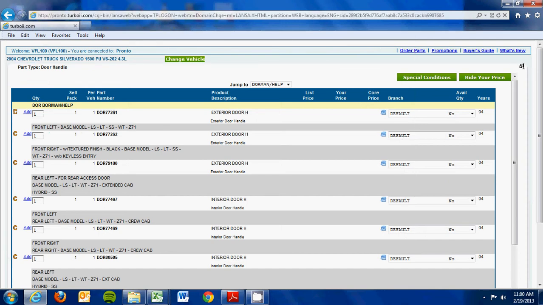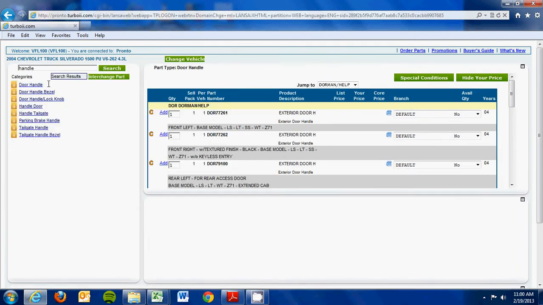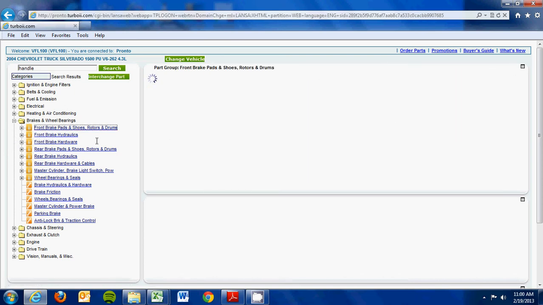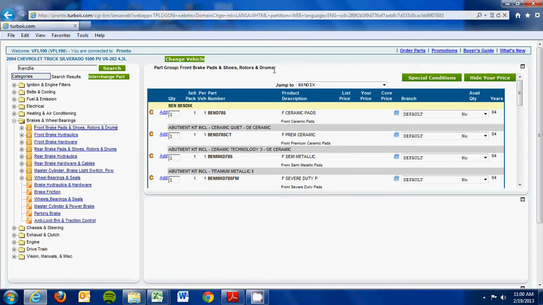I'm going to go ahead and minimize this, and then I'm going to go back to the categories, and we're going to let it look up a set of front brake pads for the same vehicle. So you notice that I clicked on the plus on the left hand side to expand it. Then if I click on front brake pads, shoes, rotors, and drums, it's going to come back with all of